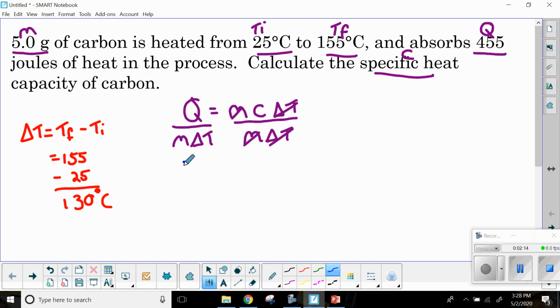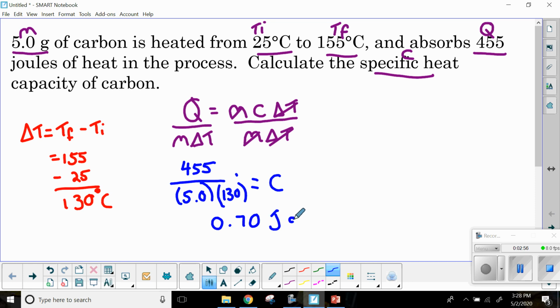I know that my Q value is 455. I know that is going to be divided by my mass of 5.0, and my change in temperature is 130. Now when I do this calculation, I'm going to be sure to multiply the 5 times the 130 first, order of operations, then divide that answer into the 455. So when I do that, 455 divided by 5 times 130, I get a value of 0.70